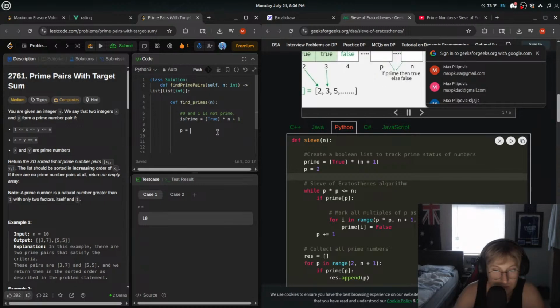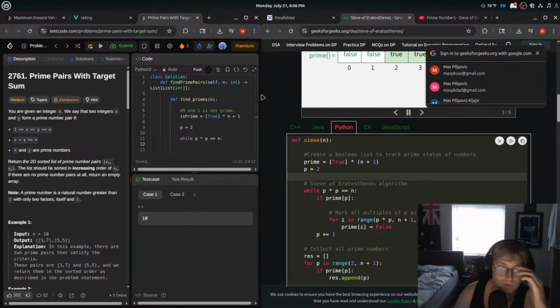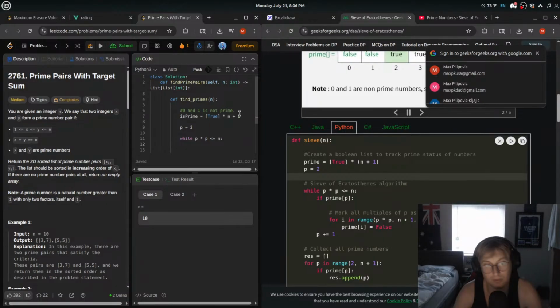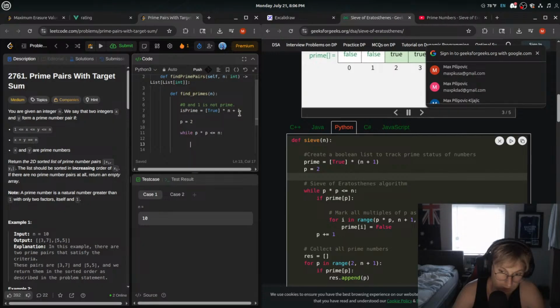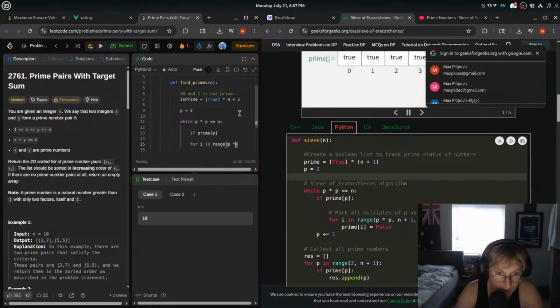Set p is equal to 2, right? While p times p is less than or equal to n. 2 times 2 is 4, less than or equal to n, yeah. If prime p, so if it's true, mark all multiples of p as non-prime. Okay, well if prime p, for y in range, we start at p times p, start